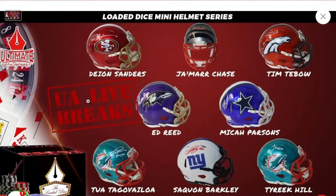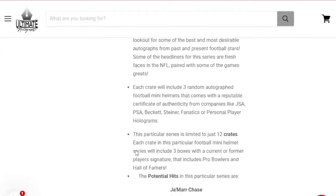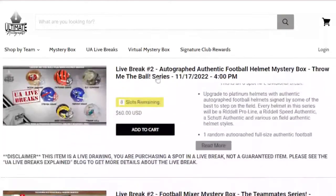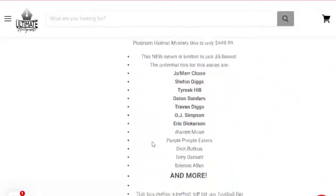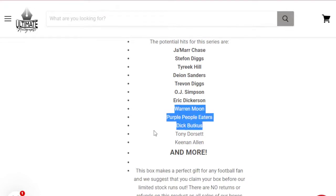Saquon Barkley, loaded dice mini helmets, 2 crates to go. Saquon Barkley, Lunar is out there. And Jalen Hurts, we have yet to see pulled in the break room as well. So guaranteed heat and loaded dice. We got 8 to go in the authentics. Crazy that we have almost every headliner out there. Deion Sanders, Ja'Marr Chase, O.J. Simpson, Stefon Diggs, Eric Dickerson, single season rushing leader. We have Warren Moon in here, the Purple People Eaters. We got Dick Butkus,